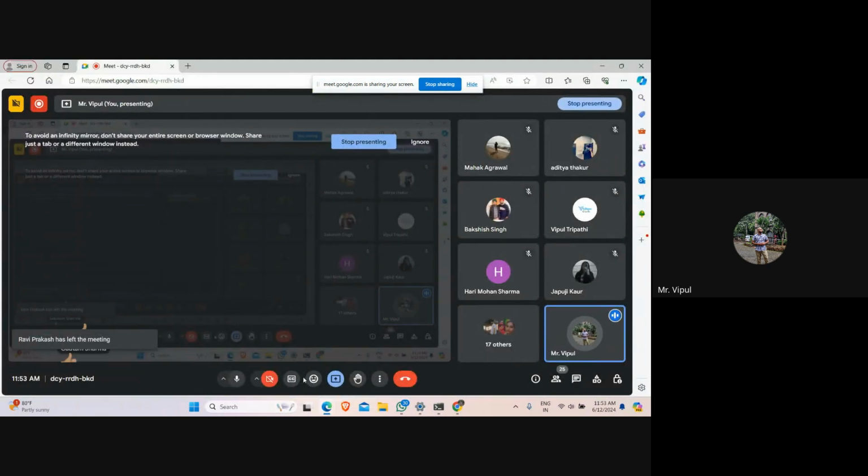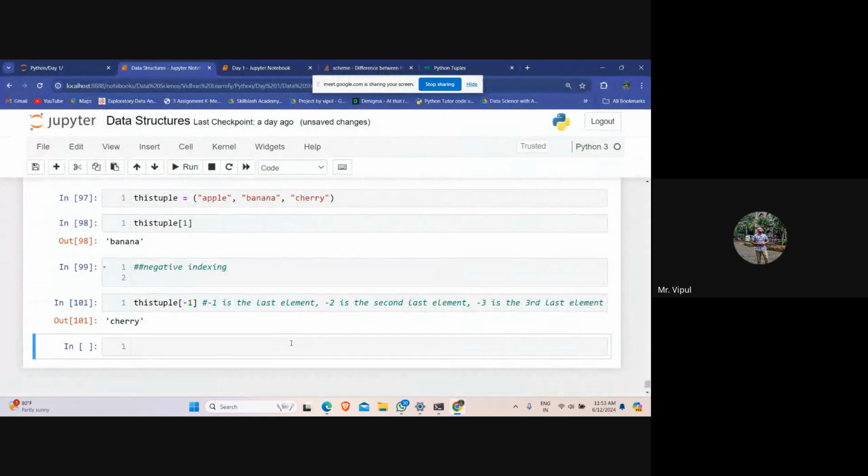We are going to see this thing in the next session as well because this is just a foundation. That's the reason I'm taking it very slow. Yes, what about other guys? Are you guys clear with this? Now let's introduce one more concept which is known as range of index.